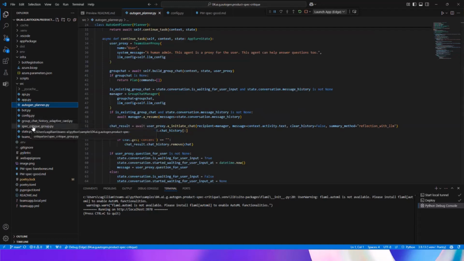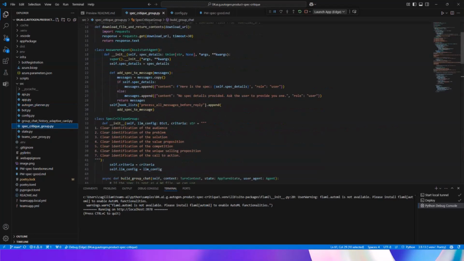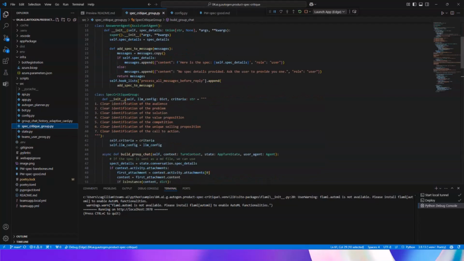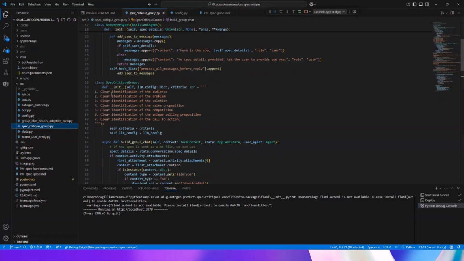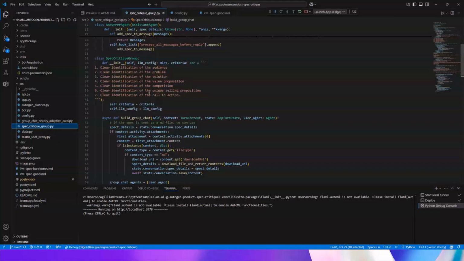And so for the actual agents themselves with the spec critique group, you can go into speccritiquegroup.py and see how it's set up with this team of different agents. It has directions for the spec critique group: when they get a specification, it's identifying the audience, the problem, solution, value proposition, competition, and 7 different criteria to determine, is this a good spec or not?